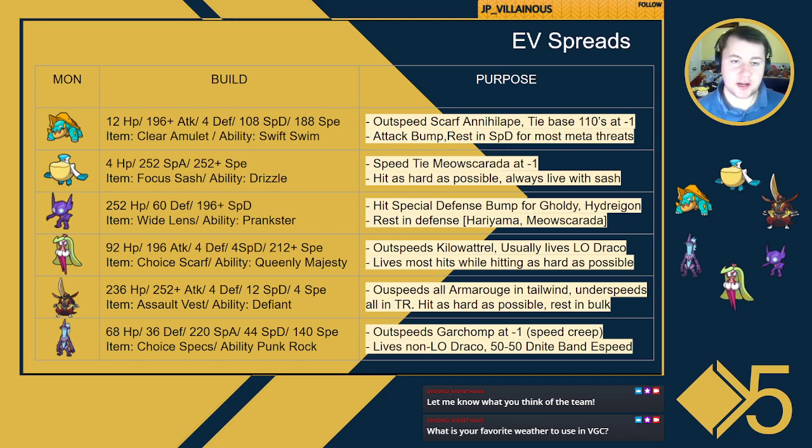Sableye, the EV spread, and the thought process going into there. Again, lots of special attackers, Hydreigon, Gholdengo in the meta. So I wanted to get a huge chunk of special attack, and then I dumped the rest into defense. However, throughout the tournament, I wanted to note here, I thought about putting in a little more